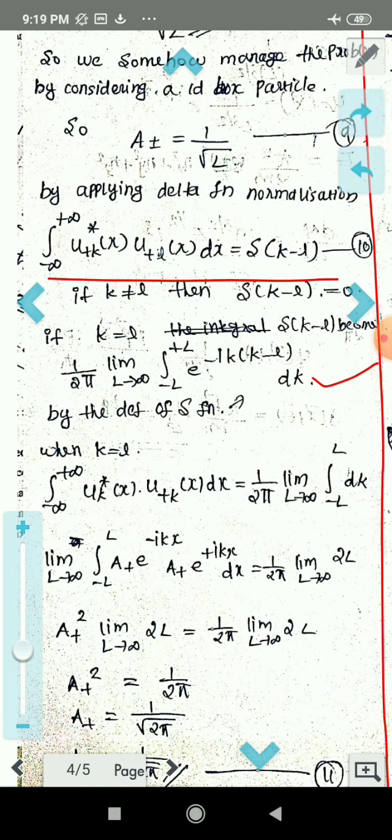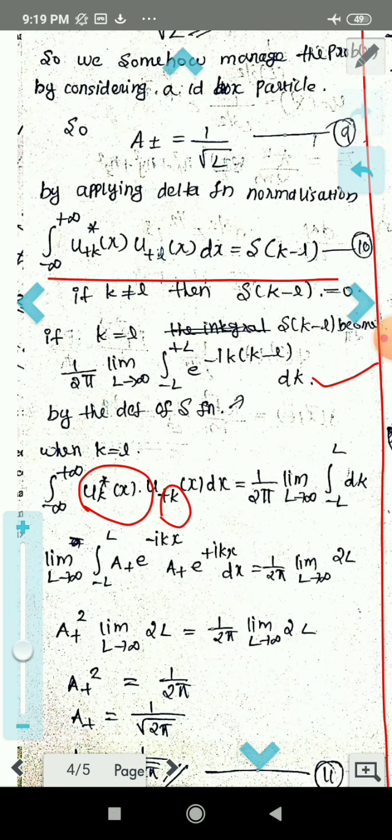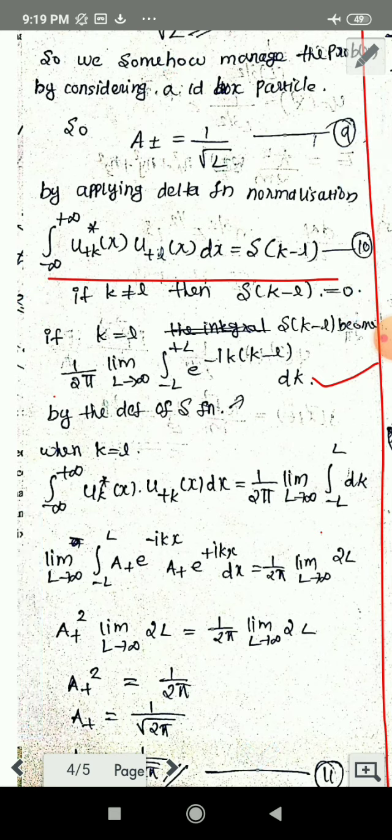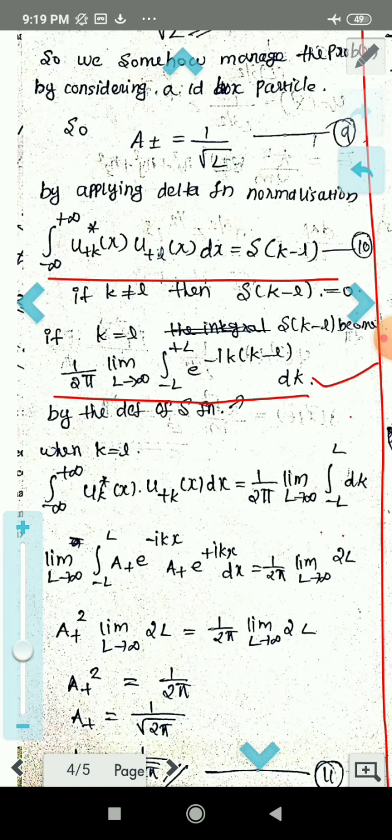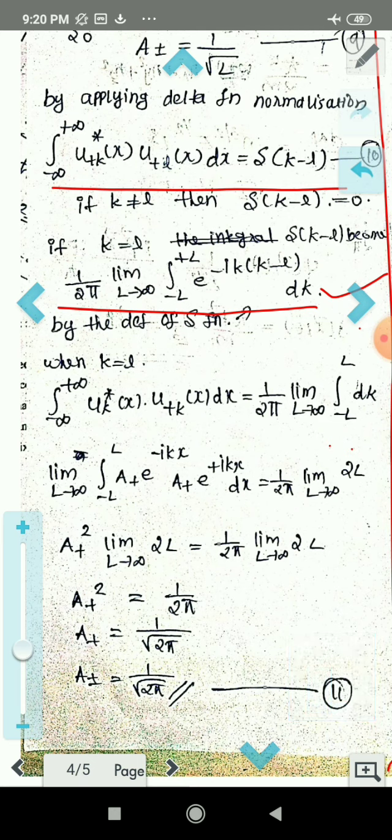So this is integral minus infinity to plus infinity uk star of x into u plus k of x dx. Instead of L we are writing k. This is equal to 1 by 2 pi into limit L tends to infinity minus L to plus L into dk, that is k is equal to L. So this will become e raised to 0, that is 1. Integral dk, and limit L tends to infinity, again minus L to plus L. We are substituting the values here, isn't it? uk of x and uk of x, we are substituting the values,